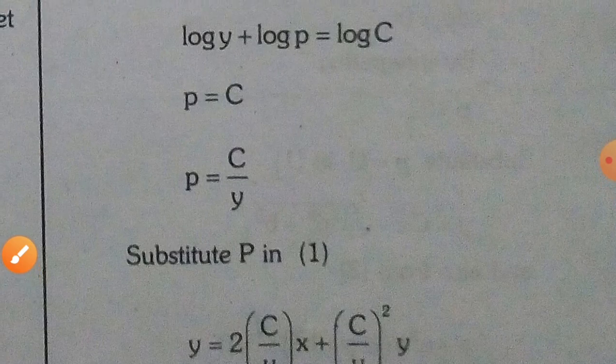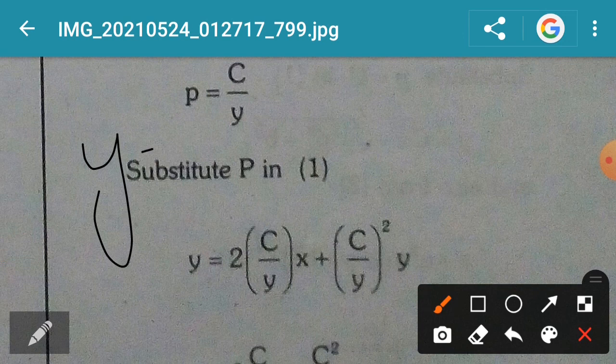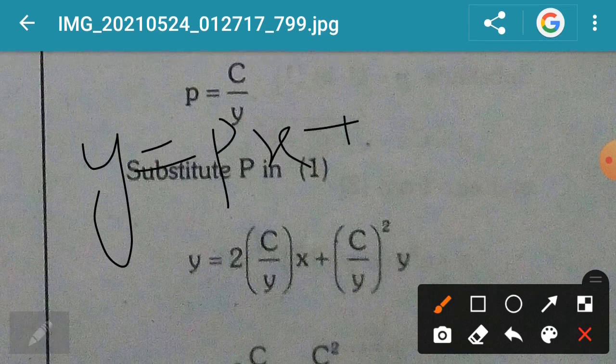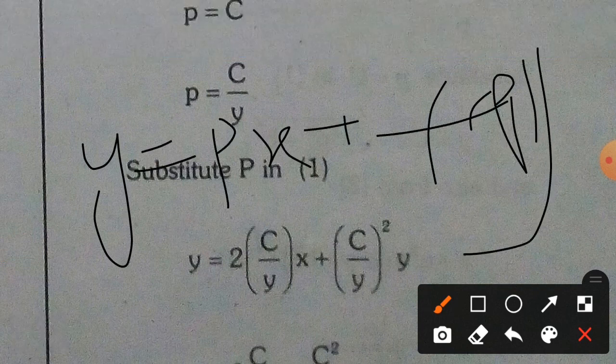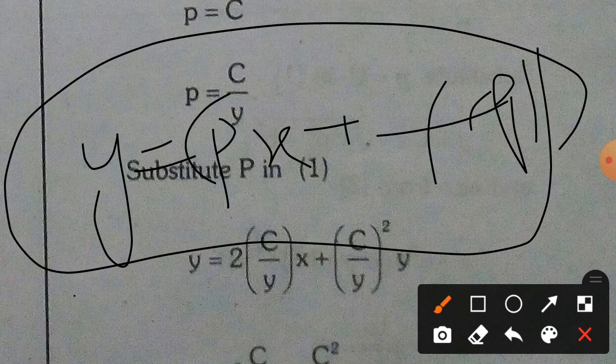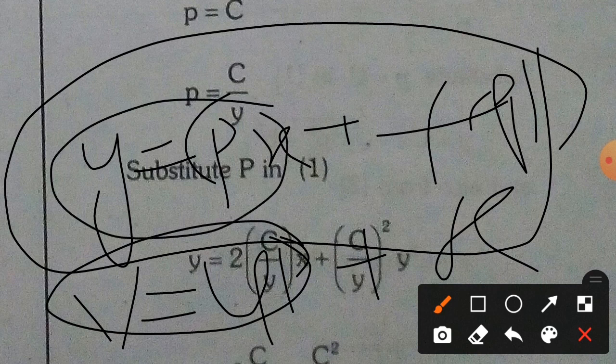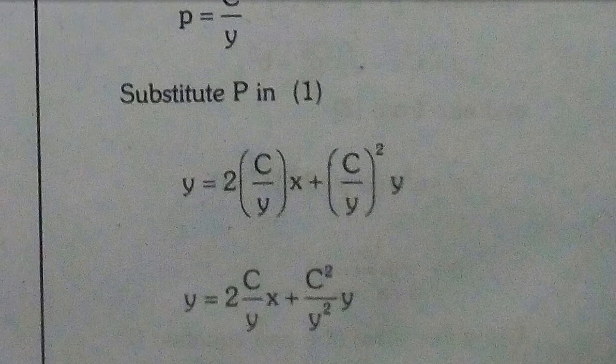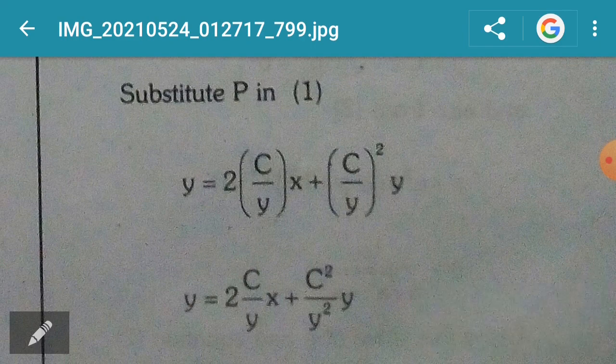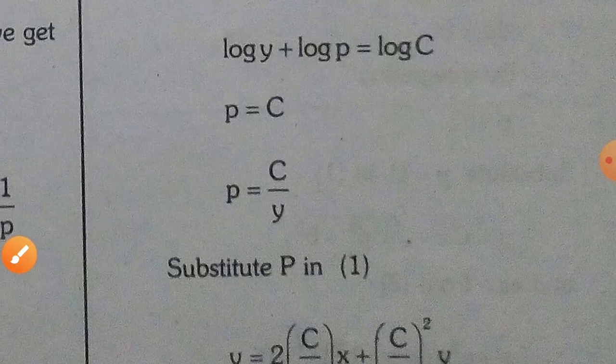The general solution of a Clairaut's form is y equals p into x plus f of p. In the u and v terms, v equals u into p plus f of p. So only these two terms are observed. Here f of p can be anything in terms of only p. That is the Clairaut's topic, and this is totally completed in the second unit, first chapter,